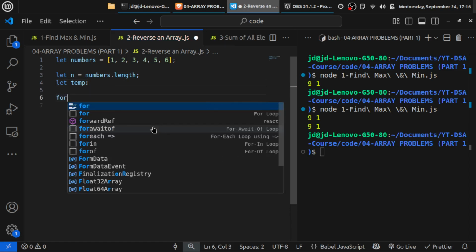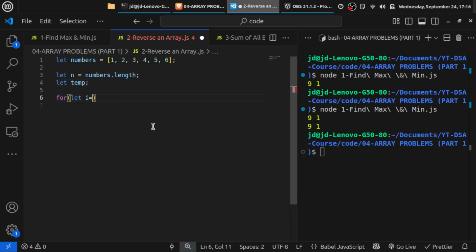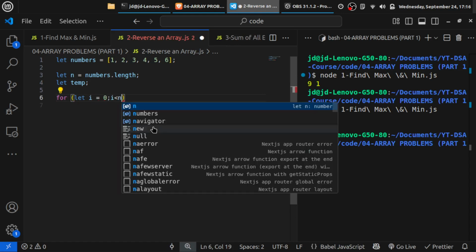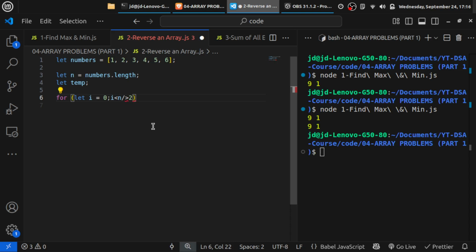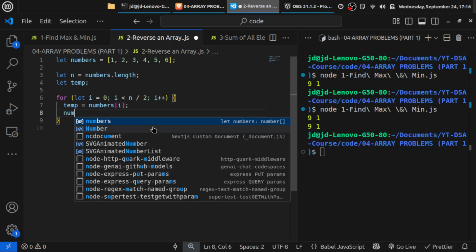Now start a for loop. Let i equal to 0 and i smaller than n divided by 2, and i plus plus. Now temporary variable is equal to numbers of i, and numbers of i value